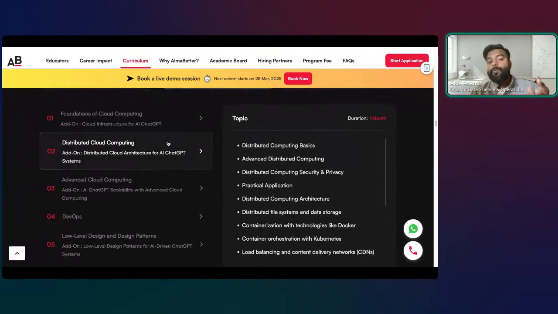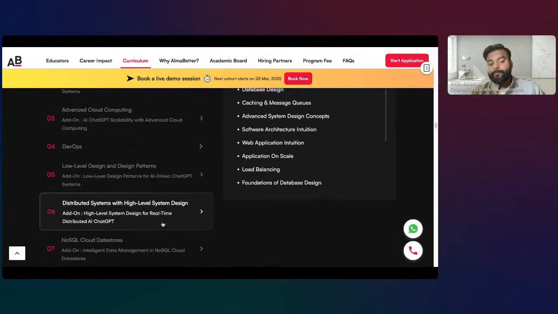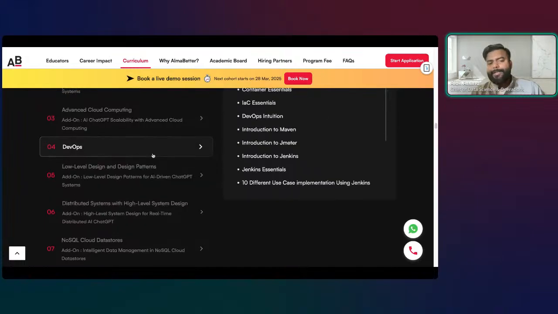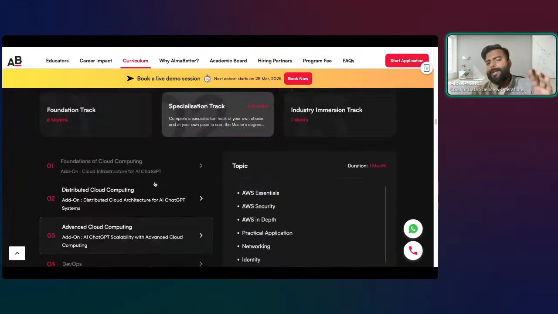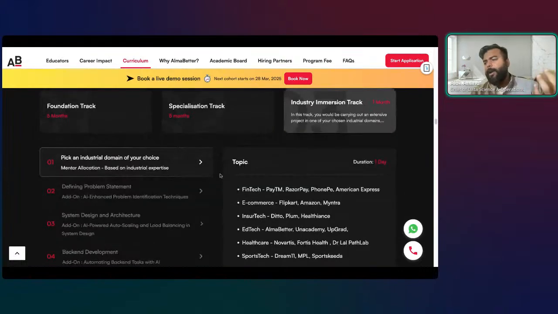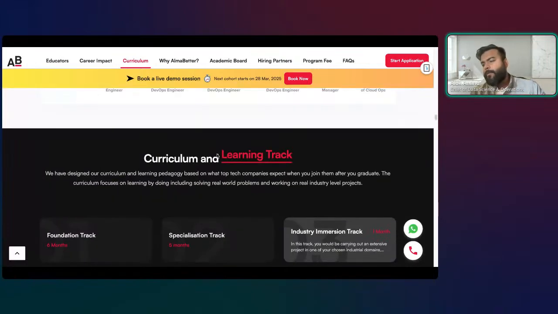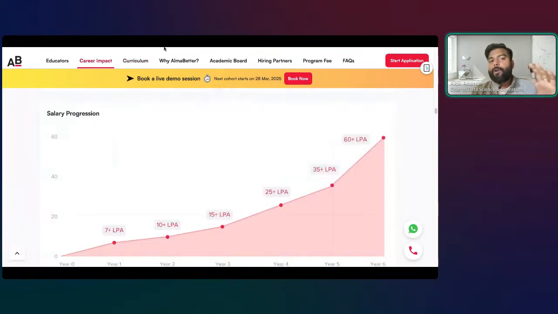You get into the depth of these things when you get to the specialization track. You can see DevOps, low level design, advanced cloud computing, so you understand things in depth. And lastly, you have the industry immersion track, which gives you the opportunity to work on a paper that you submit as a thesis project, and it is evaluated by our partner Woolf University to give you the final degree. That's what you have to work on.